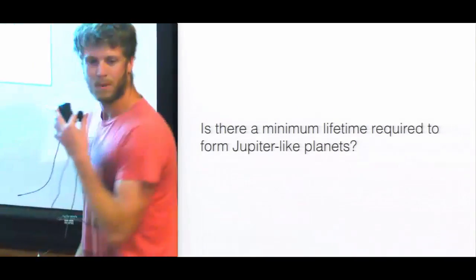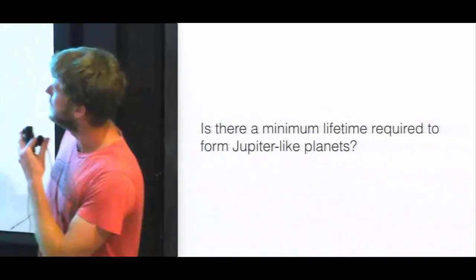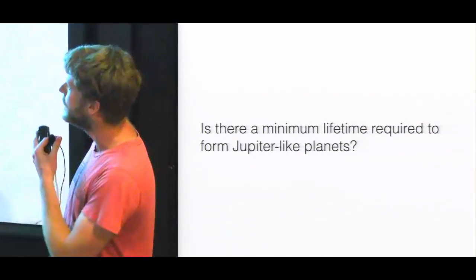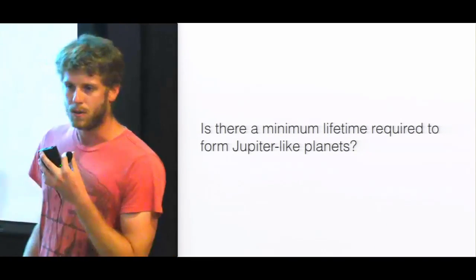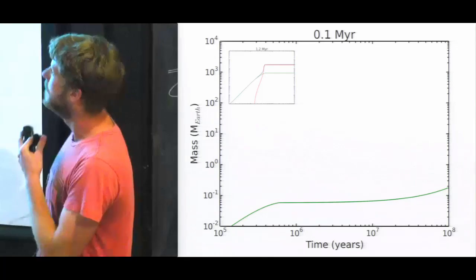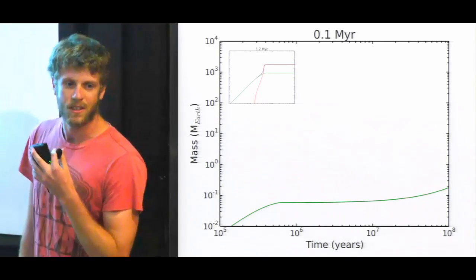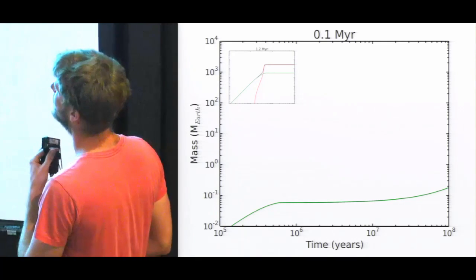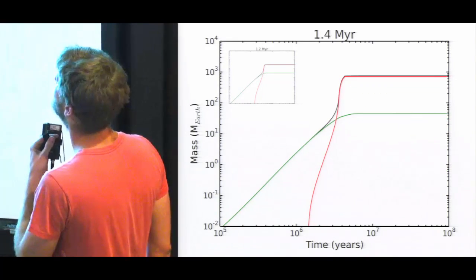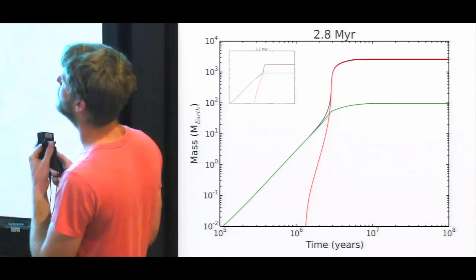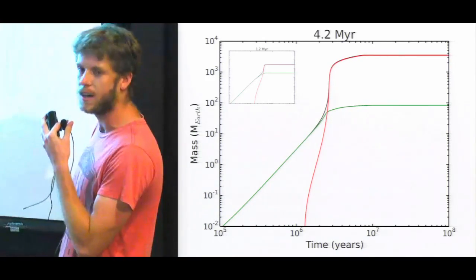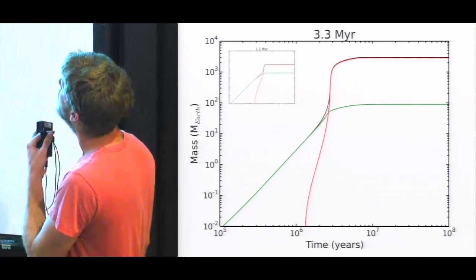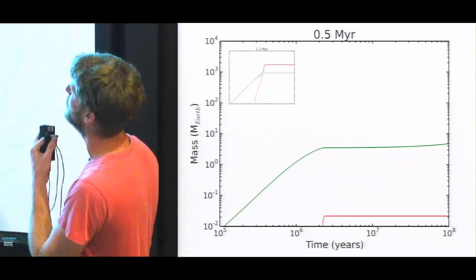So we broke into smaller groups, and we were curious or wanted to investigate if there was a minimum lifetime required to form a Jupiter-like planet. So the first thing we did was to run a single planet simulation using the nominal parameters. And then we varied the disk lifetime, as you can see at the top. So what's plotted here at the top, we're varying the disk lifetime. The green line is the core mass, the red line is the envelope mass, and the black is the total